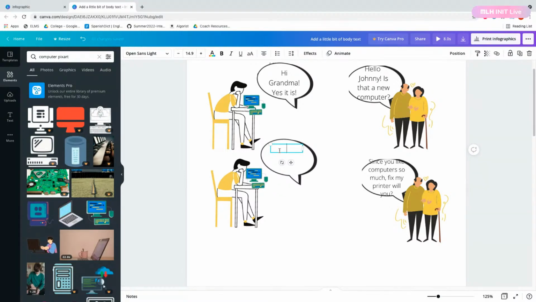And then Johnny will respond, "Grandma, just because I know a lot about computers does not mean that I know how to fix your printer." I'll scrunch that a little bit.